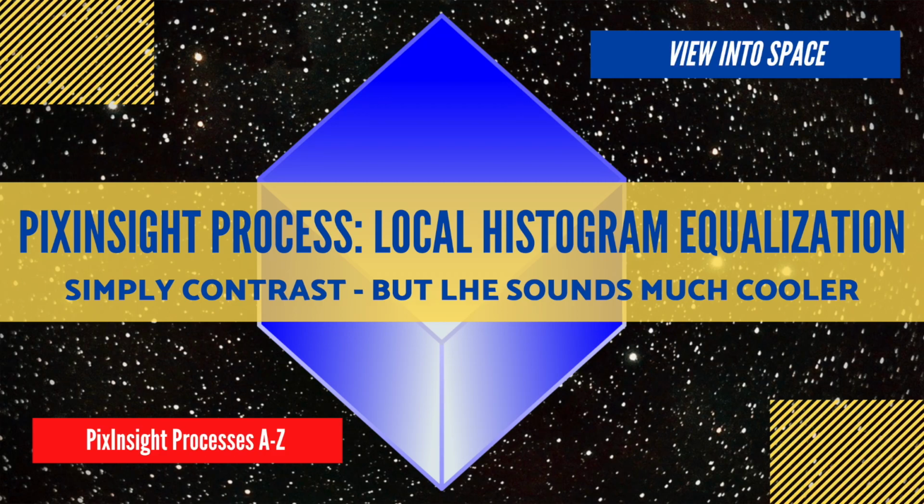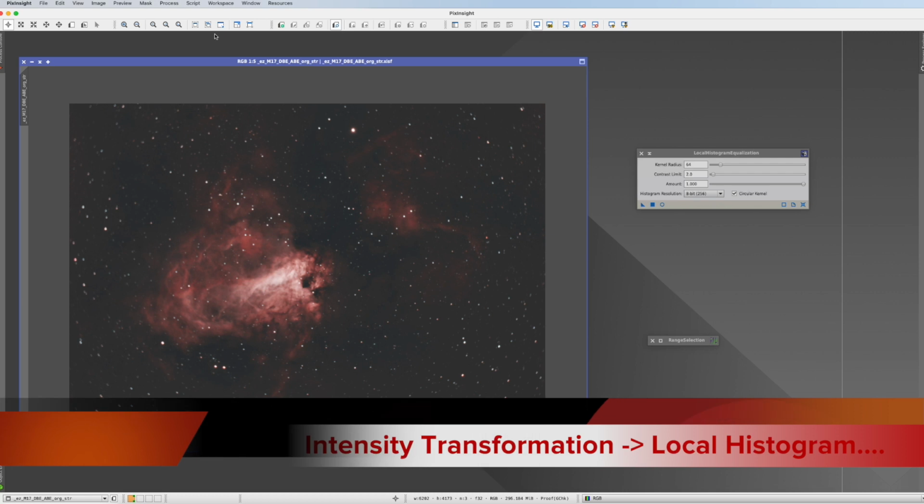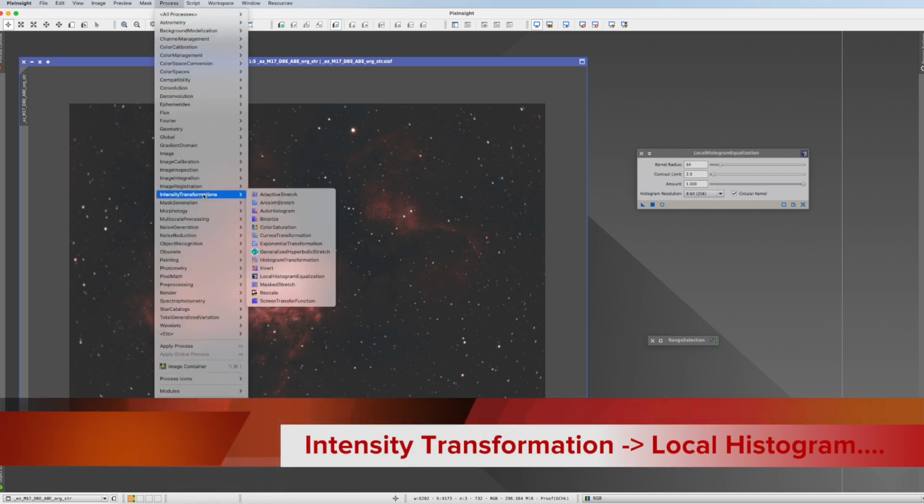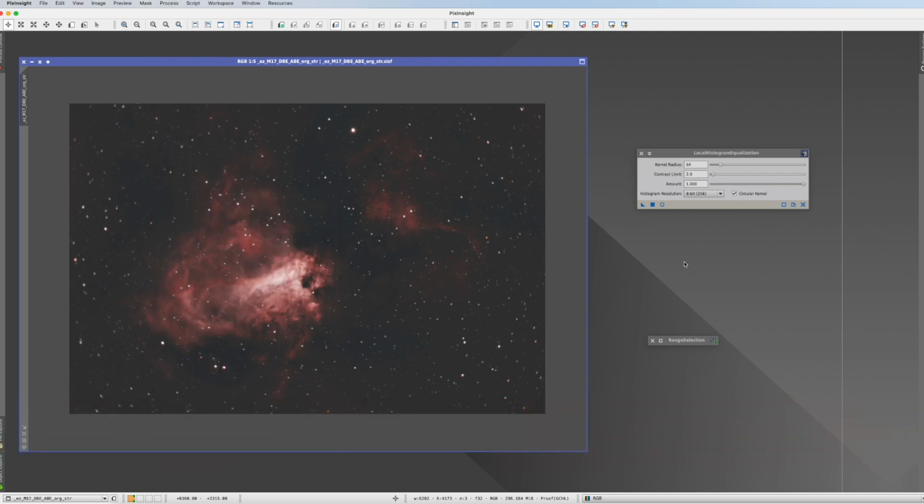This is the PixInsight process tutorial for Local Histogram Equalization. You find this process in Process, Intensity Transformations, and here it is. In any other image processing application, you would find this function under Contrast. Simply and easily, contrast. Now in PixInsight, this will be way too easy, and that's why we call it Local